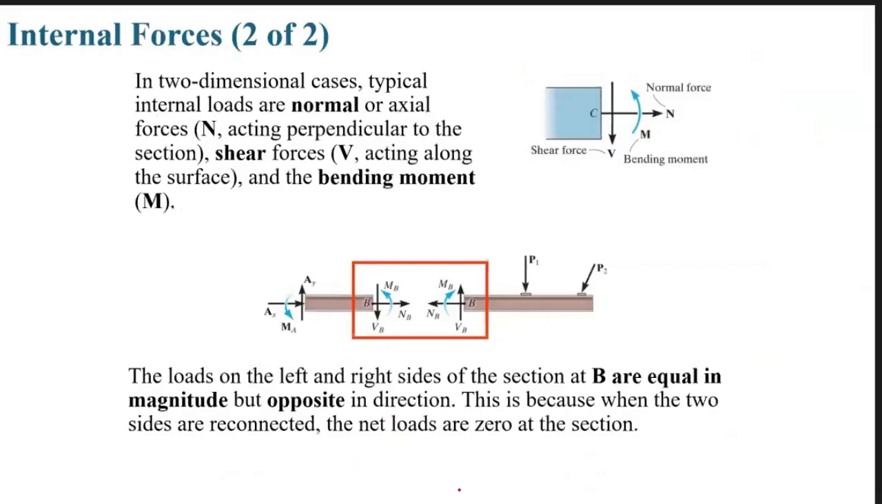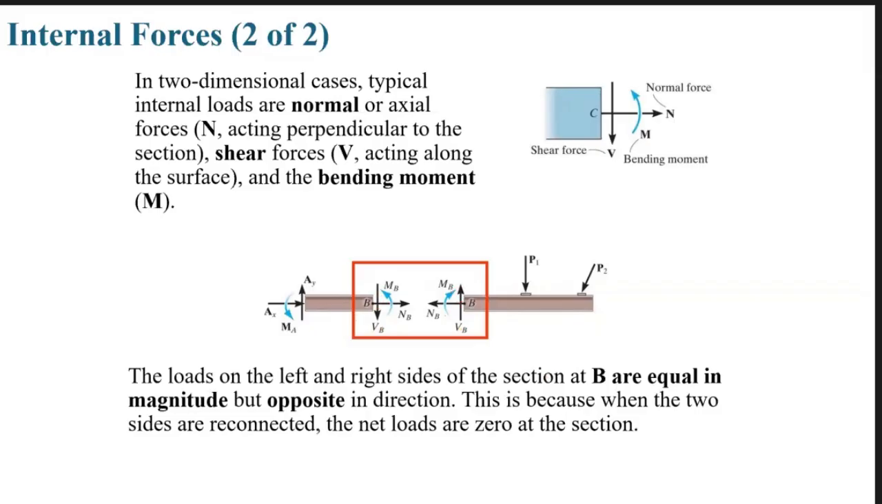Okay. Internal forces, part 2. In a two-dimensional beam, the internal loads at cut sections are the normal or axial force that you see here, NB, acting perpendicular to the cross-section area, and the shear force that you see here, VB. For the left side, I told you the conventional direction should be downward for positive, and for the right side, upward. For the bending moment on the left side, you see counterclockwise is the conventional direction for positive, and for the right side,